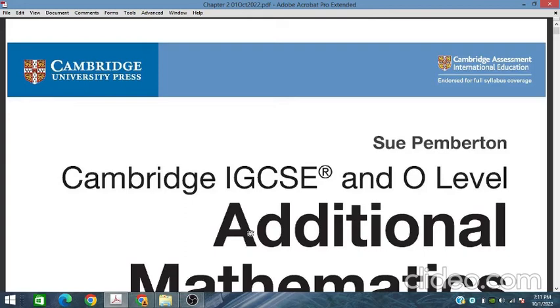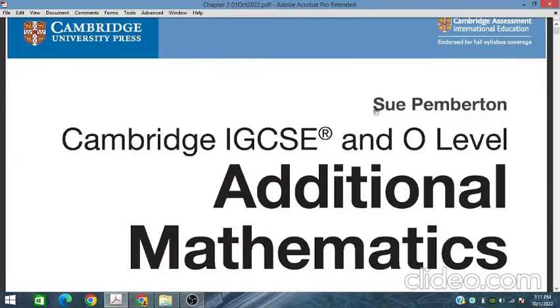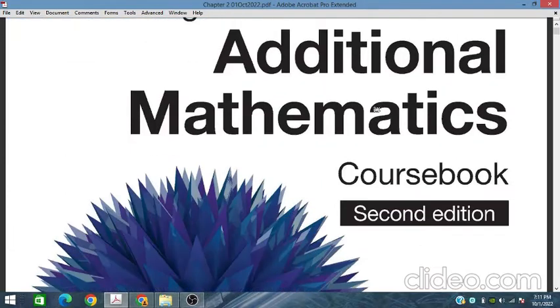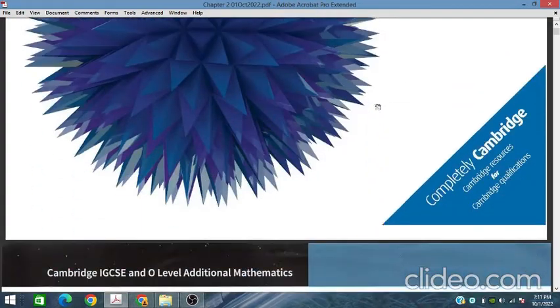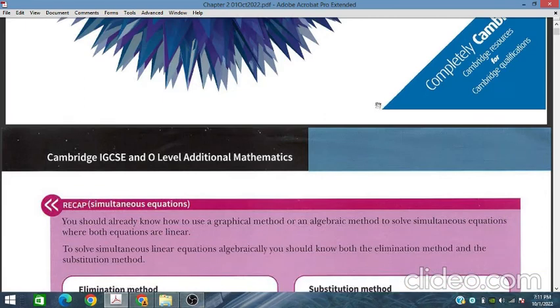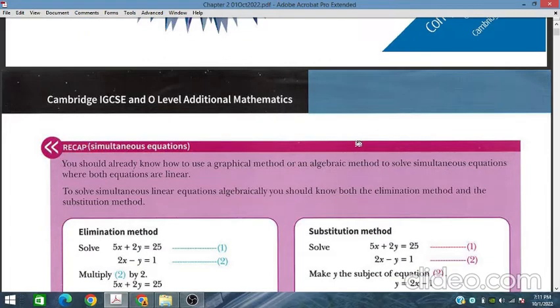Starting a lecture series on additional mathematics for Cambridge IGCSE and O level exams. For this subject, this book is highly recommended for various reasons. Initially we are starting our lecture from chapter 2, and in chapter 2 we will discuss some simultaneous